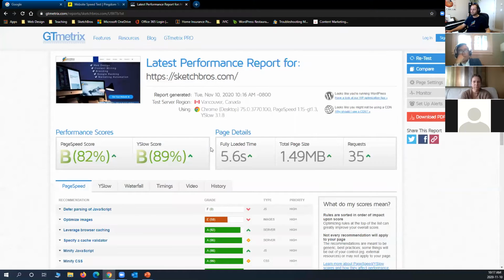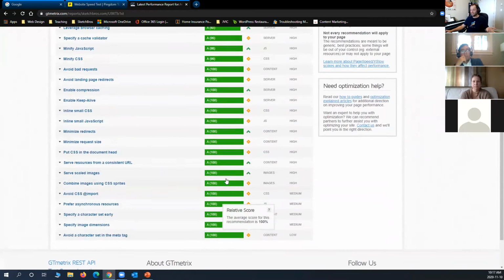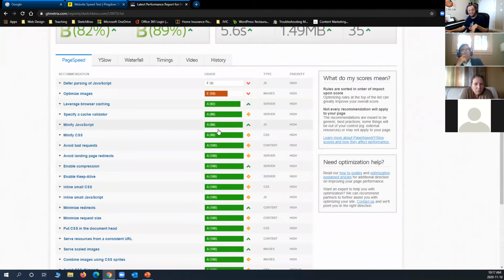All right, again, I got this here. It says my loading time is 5.6 seconds. So that's not good. I will tell you how we can test that together, but we will get it. Now, what is this? Oh my God. Yeah, it's good. I think it's green. So I think I've done a good job.